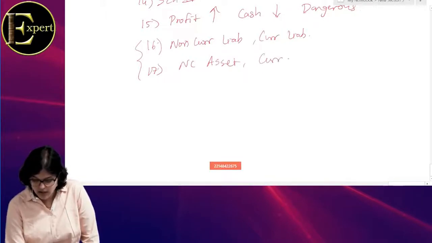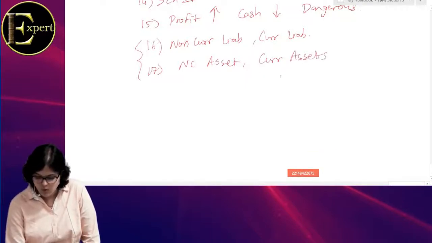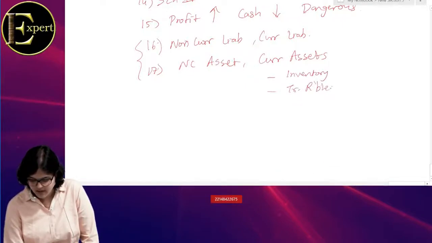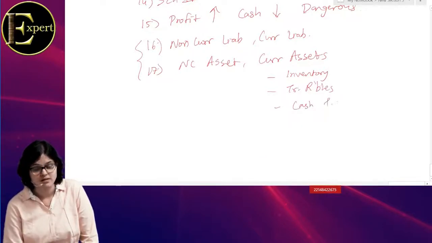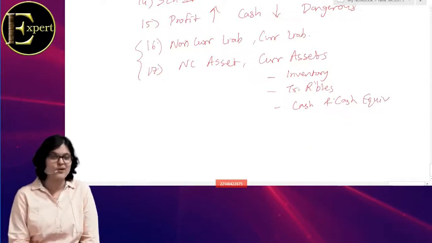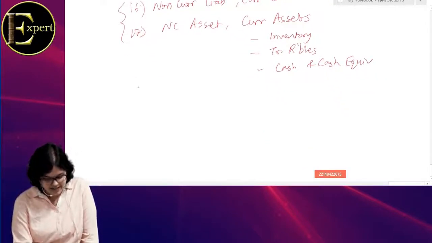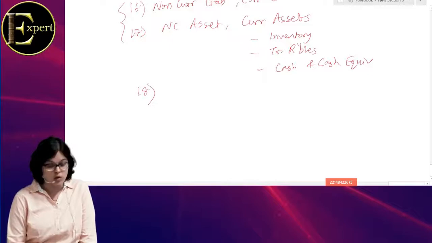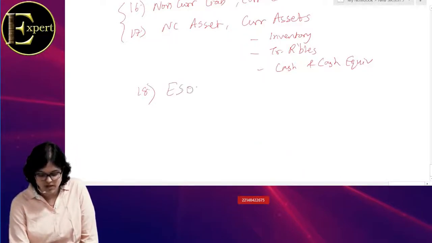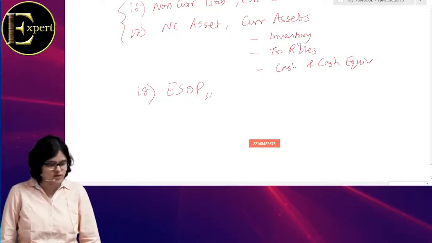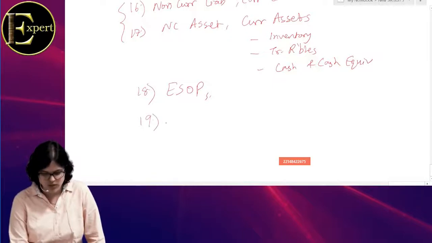In current asset we also discussed in depth what is inventory, then what is trade receivables, cash and cash equivalent concept. Correct? Many concepts. I guess we should not write all. Okay, all these points. And then I guess today's discussion. Oh yes, that was a nice concept that we discussed, no? ESOPs. What was ESOP? Employee stock option plans. Correct? And after ESOPs, we discussed